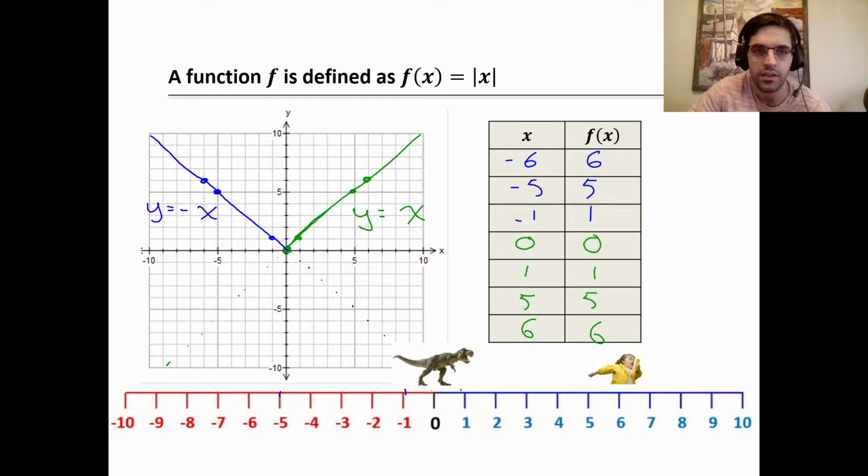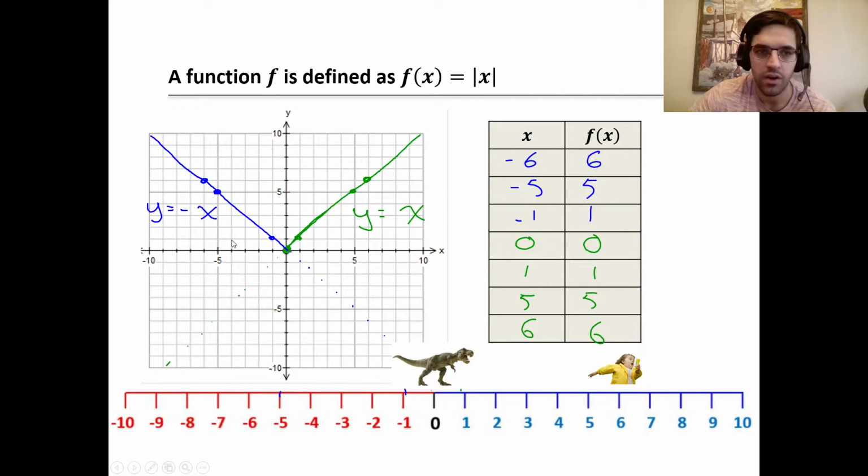So if we look at just a basic parent function, f of x is defined as the absolute value of x. We're saying whatever our input is, the output is the absolute value. So if we pick some x values here, and I space them out a little bit so we get some points across the graph, any input is going to be how far away from 0. Well, that just means they're all going to be positive distances from 0. So -6 is 6 away from 0, just like 6 is also 6 away from 0. You can see that on the number line. So if we graph these points,